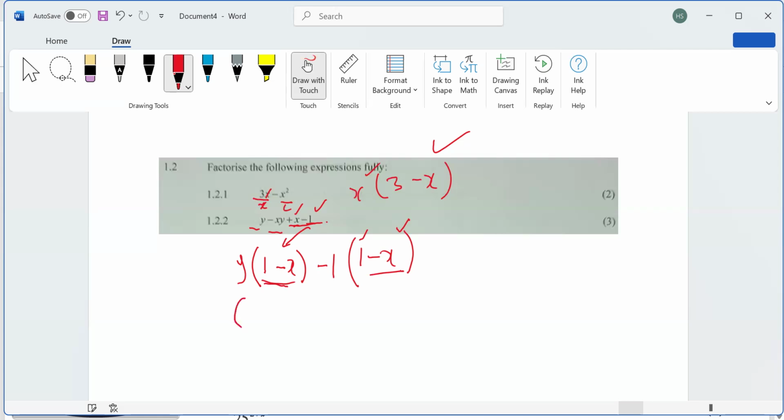Now, we can say this one and this one appears here and then it also appears here. So we take 1 minus x. And then if we take 1 minus x here, we're left with 1 minus 1. They gave us 3 marks. So we're going to get 1, 2 for taking out the negative here, and then 3 for the final answer. Yes. What if the x and 1